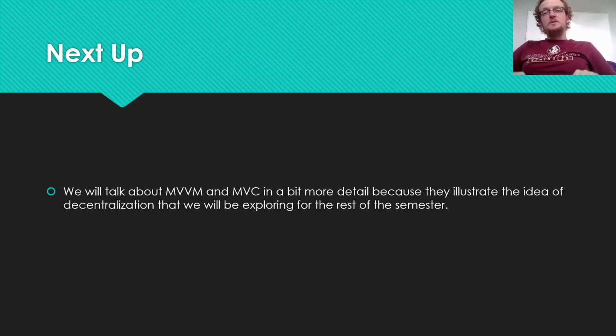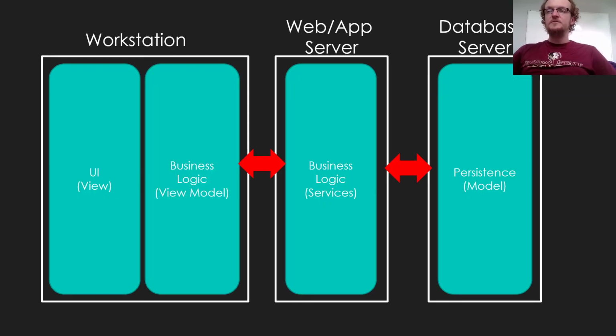So in the next video, I'm going to talk about MVVM and MVC in a little bit more detail than I did last week, because this decentralization that we're talking about in terms of splitting up that box into potentially multiple layers of code on multiple machines is really, really important. Decentralization is a very up-and-coming kind of concept, and what you will find is we're going to be able to go to a situation where we have one